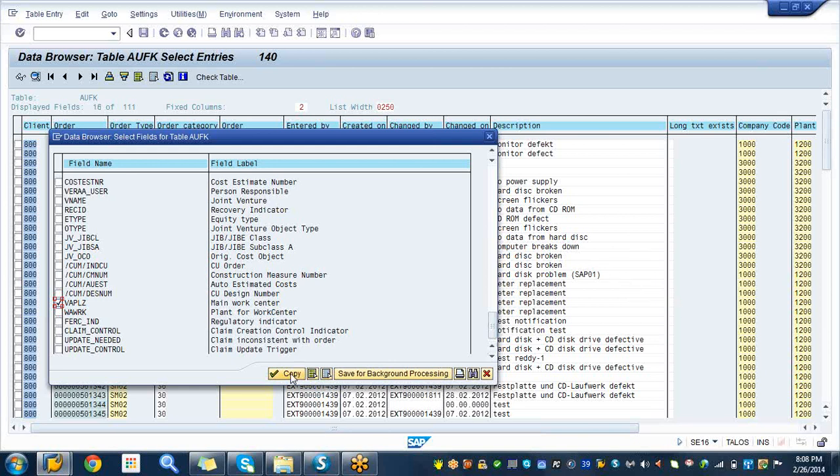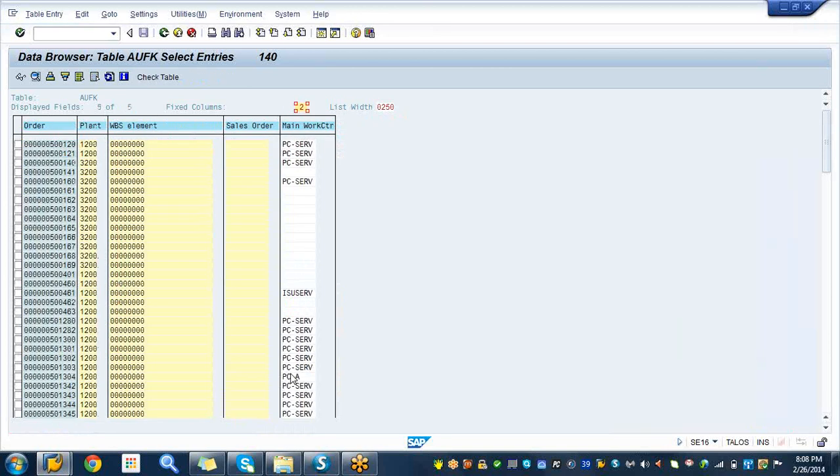Okay, you see. So from this 140, I eliminated all the fields which are not needed for my current business scenario, which I'm going to share with you. Okay, I'm going to scroll down all the way